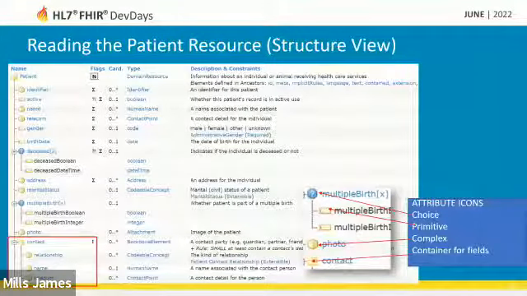And then we have this weird icon that's the question mark icon. That's used when this particular field could actually take on multiple data types depending on context. So in this case, multiple birth could be represented as a Boolean or as an integer. If you didn't have a multiple birth, then you'd probably just want to have false, right? And Boolean is this primitive type that just says true or false. However, if this was a birth of triplets, the integer 3 might be more useful than